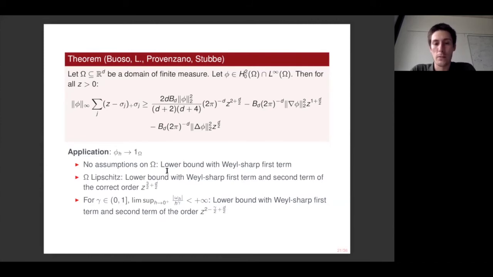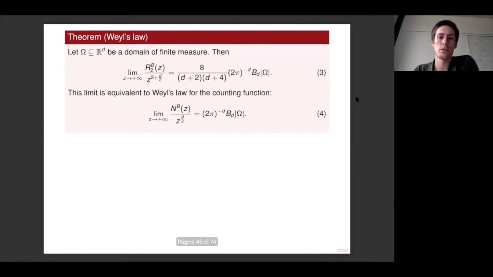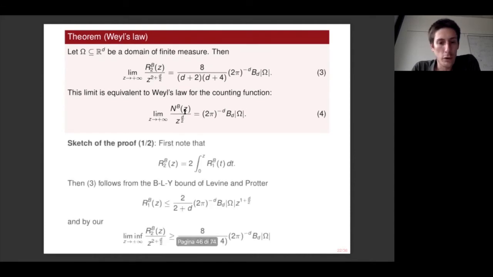So this is our result regarding bounds with also estimation of lower order terms. And as I've said, this type of bounds can be used also to recover a simple and self-contained proof of the Weyl law for the buckling problem. So for a domain of finite measure, these bounds immediately imply the Weyl law for the second Riesz mean. And this Weyl law for the second Riesz mean in turn is equivalent to the Weyl law for the counting function. So the proof is the same as we have seen for the Dirichlet Laplacian, for the simple observation I made at the beginning of the talk.